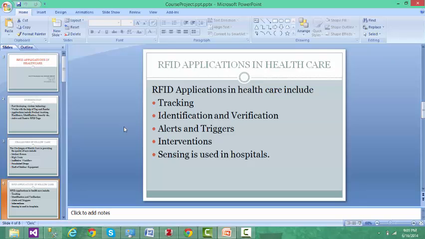And it not only tracks the valuable assets, but it is a technology which is improving the quality of care of patients by tracking patients, the mentally disabled, and newborn kids, and drugs are applied with the RFID tags. Coming to identification and verification,